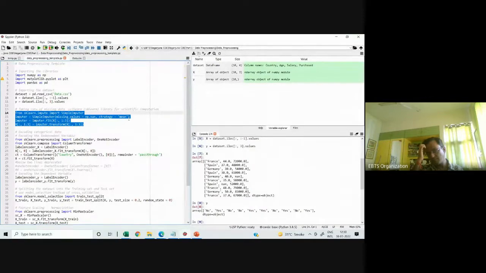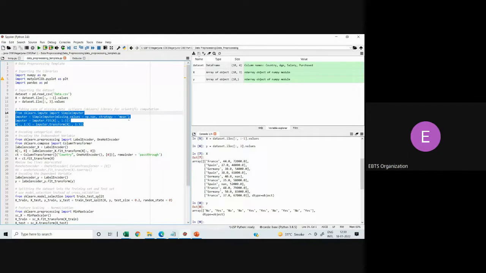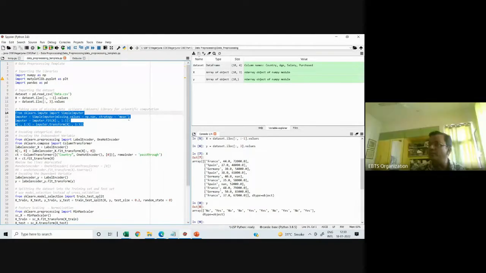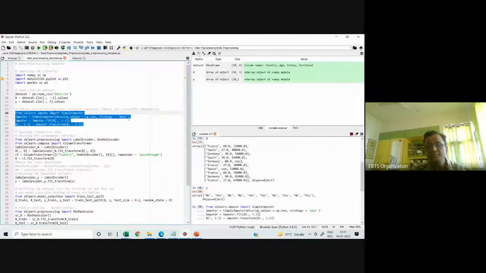So what is mode? Mode is the maximum occurrence of a value. So if I have multiple values, suppose 10, 20, 10, 10, 10, my mode is 10, because that has more than one occurrence. So my mode is the highest occurrence of a value. So you can replace it by the mode or the median or even the mean. Here I'm using the mean. Now when I execute this line,